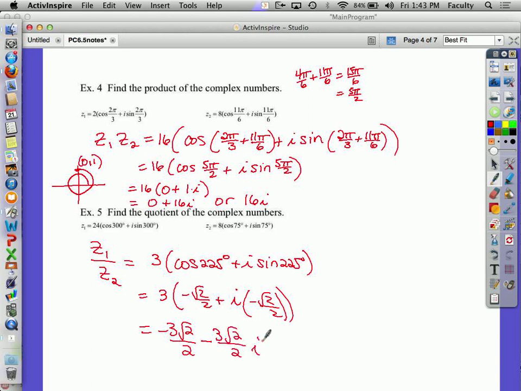When you're done, check yours with the board. See if you got the same thing I did. Negative 3 radical 2 over 2 minus 3 radical 2 over 2